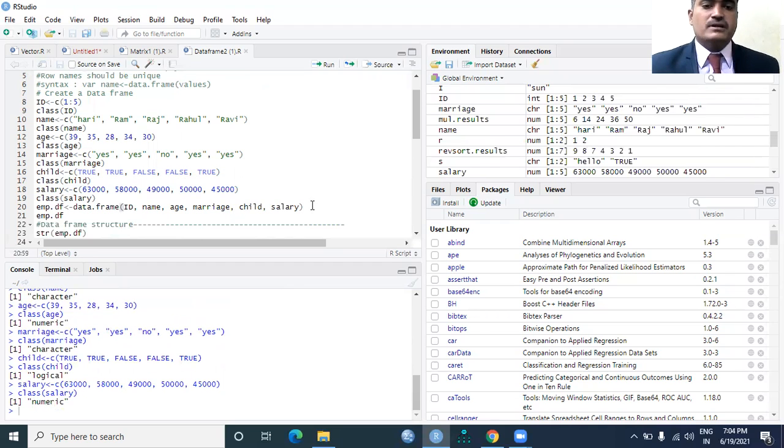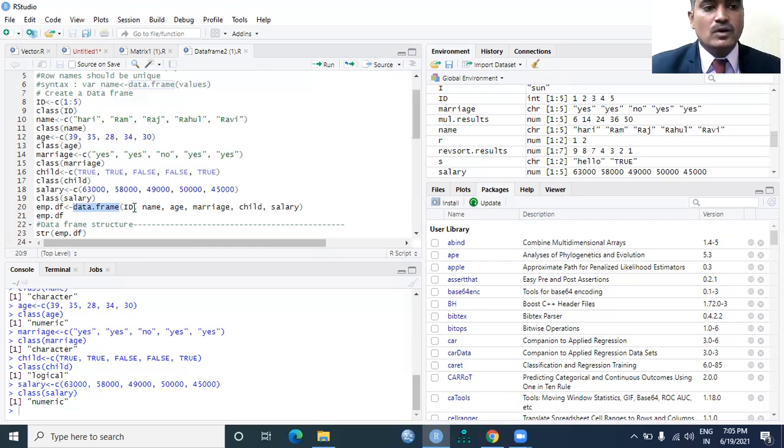Now the next important concept, the concept related to the creation of a data frame. So I would like to create a variable, the name of the variable employee.data.frame, with the left assignment operator, and I would like to use the data.frame function. Inside I would like to include whatever variables that I created earlier.